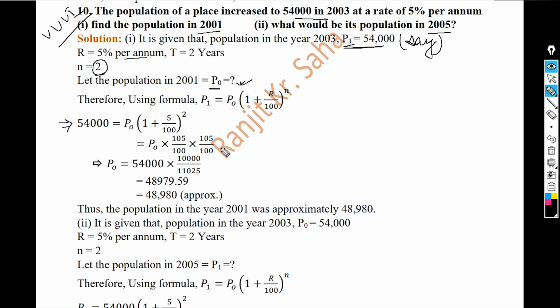You know the calculation. It is P0 into 11025 divided by 10,000, with 4 zeros after 1. Using transposition, P0 equals 54,000 into 10,000 by 11,025. Just cancel, and by division you will get